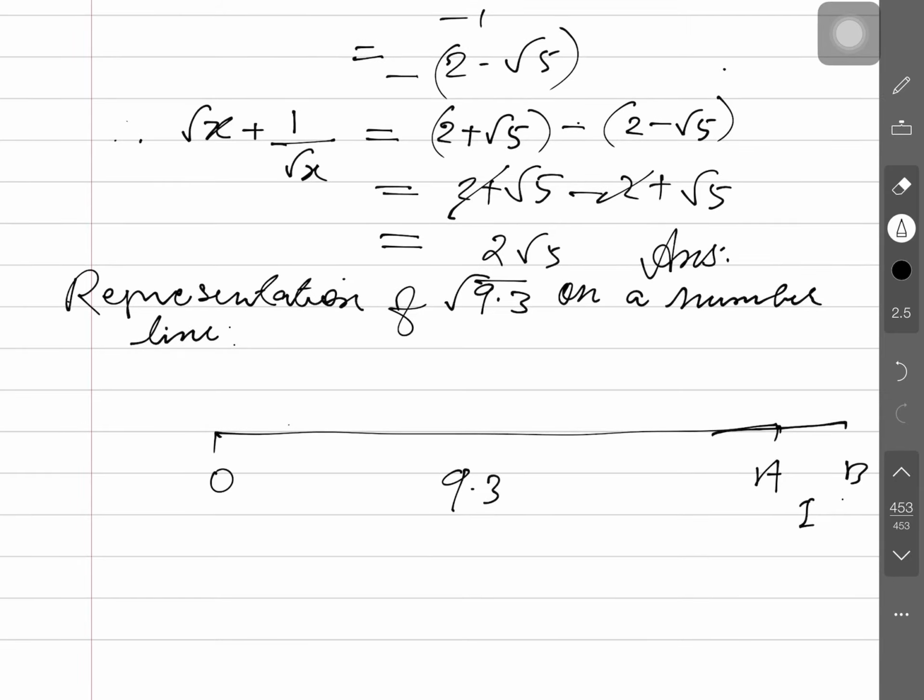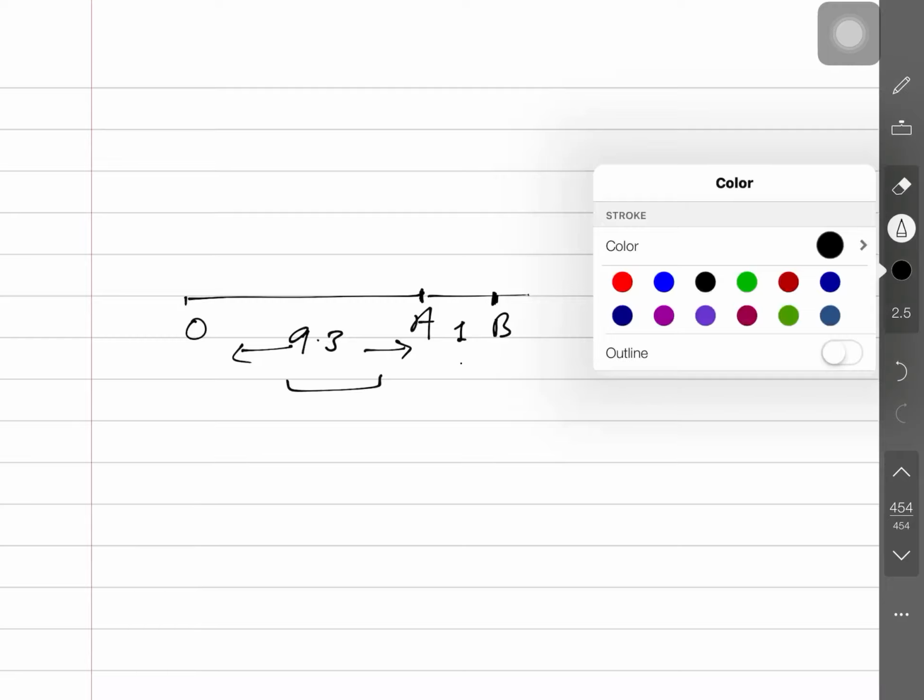It's a very large line, but I'm telling you, with the help of this, you will draw here a line 9.3. Suppose this is O to A, it's 9.3. Proceed it up to this. It's B here, it's 1 unit. Now some people will think that 9.3 is too small, or that 1 is obviously small. I cannot draw the original 9.3 here because the diagram will be so big, bigger than my screen. So I am telling you simply the method, and you will obtain here a perpendicular bisector.